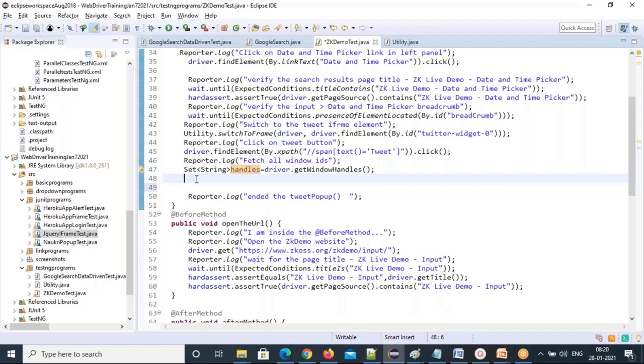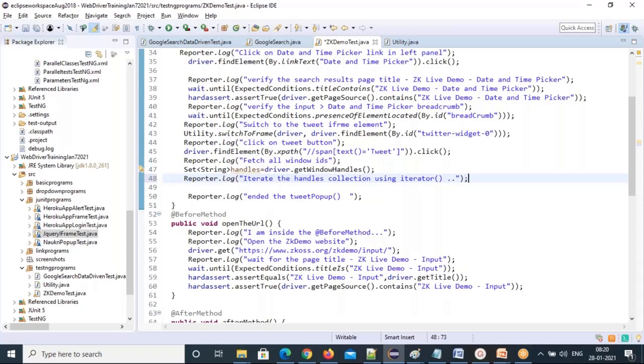Let's extract and iterate the handles collection, using the iterator method.